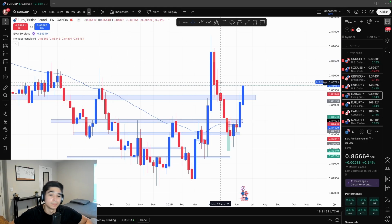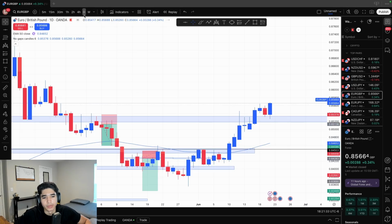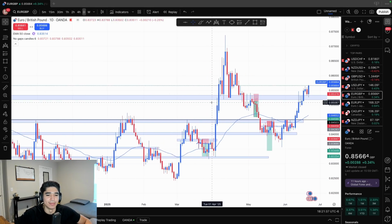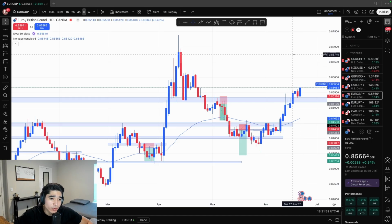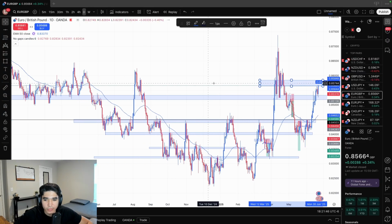Euro GBP, wow, I was not expecting such a fast response to this, but it happened. Massive reaction, excellent reaction of the EMA, last previous structure point and area to keep going to the upside. Now, where is this bullish price action going to end? I don't know if we're going to come all the way up here, but it just calls my attention that if I do this, and if I move it to the left,